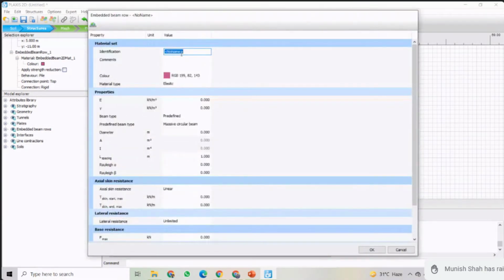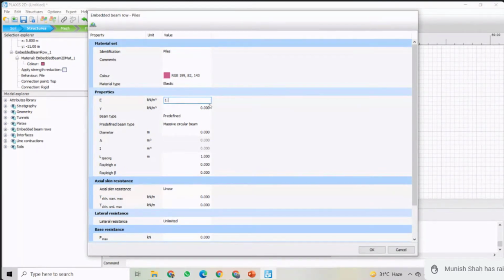So now I can write here the file properties. These files we are providing here.